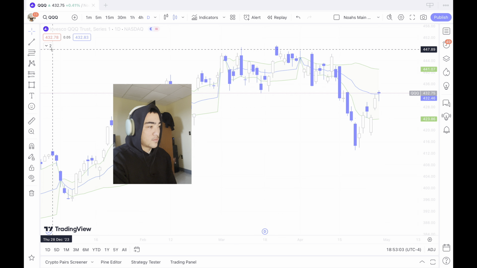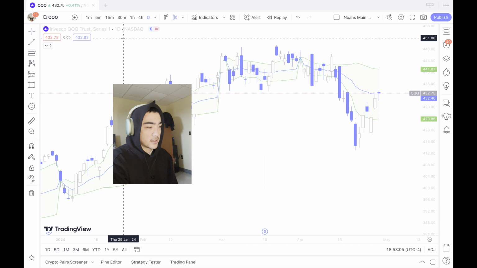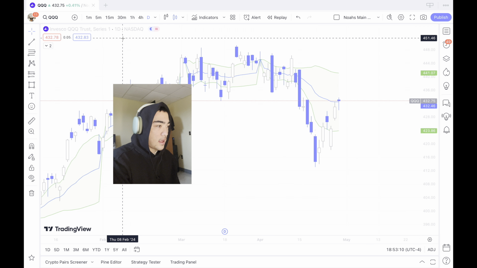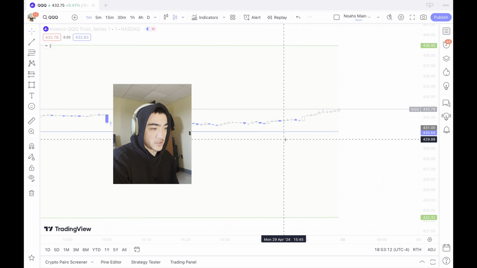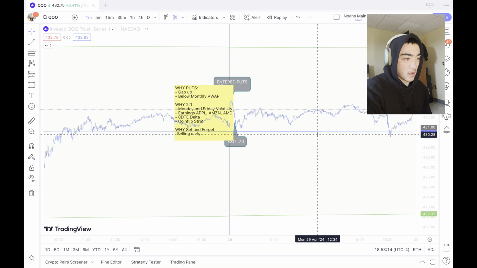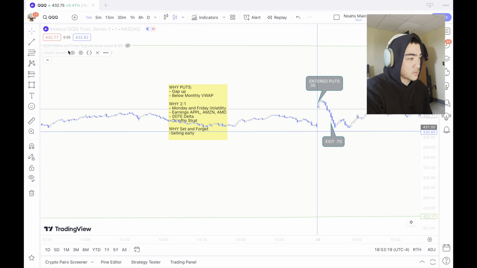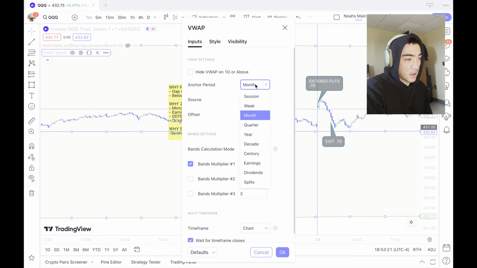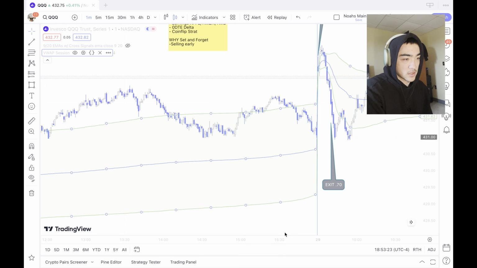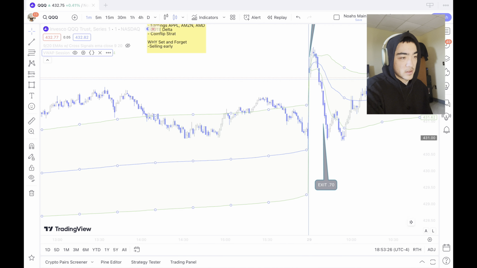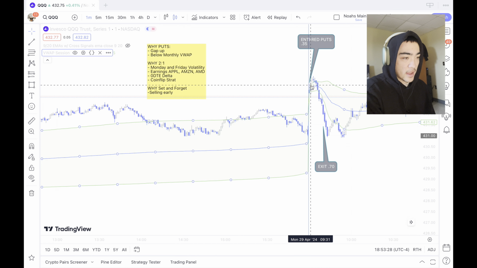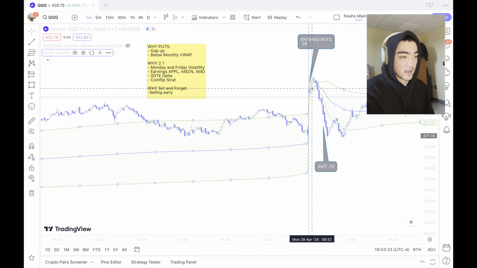You might ask yourself, why didn't you take a look at the weekly VWAP? Why didn't you take a look at even the session VWAP? And this is because if we actually were to do that, all we would be able to see, hold on, let me just switch it to the session. So if you were just to look at session, the VWAP line changes, and you can't really get a gauge for where the lines are when there's literally such a tiny gap and there's no movement